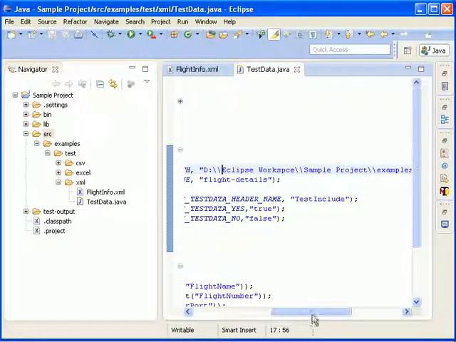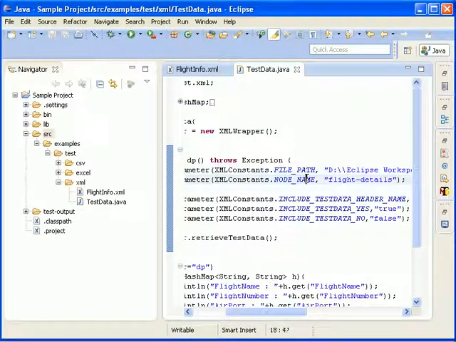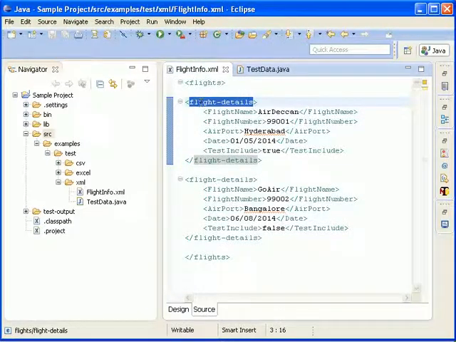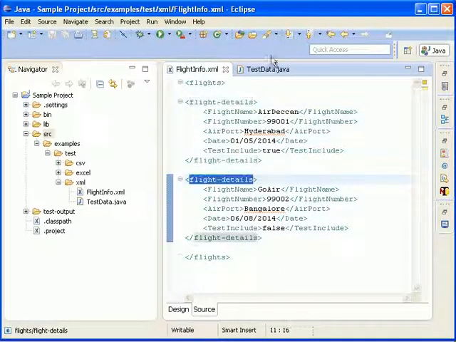Now I have updated the file path and the node name, which is flightDetails. This is the node name, I mean to say the XML element name, the same XML element name.